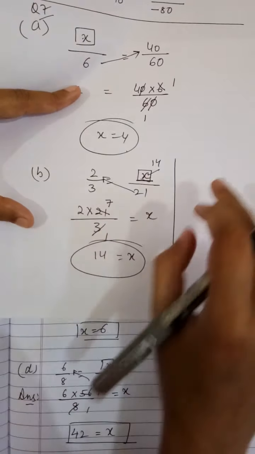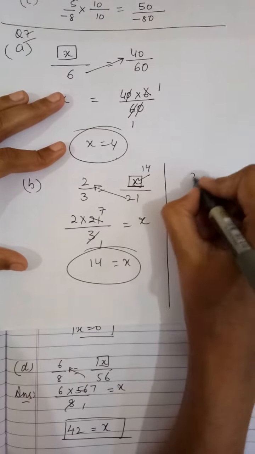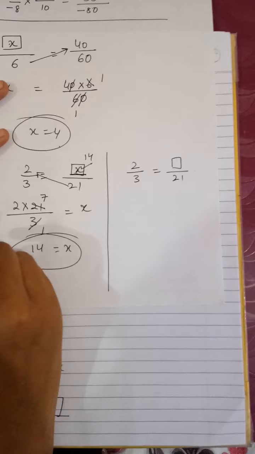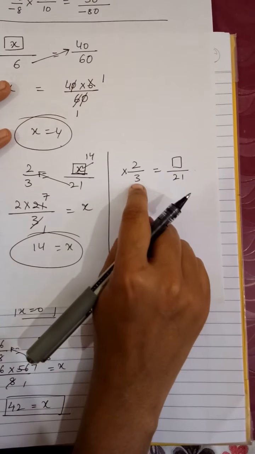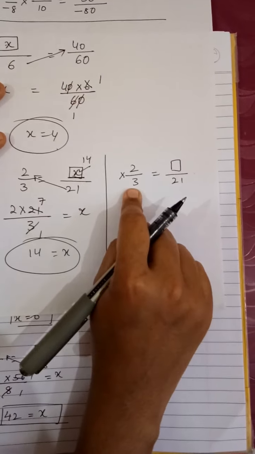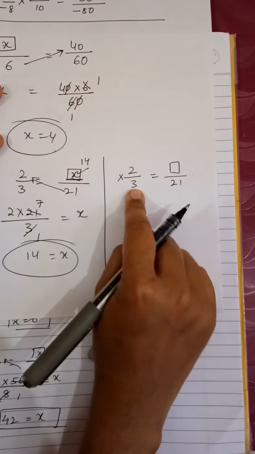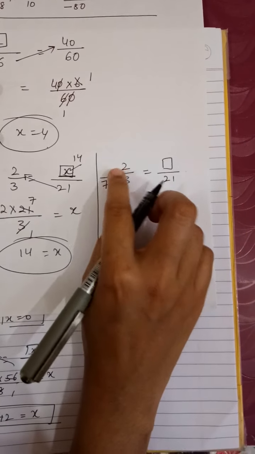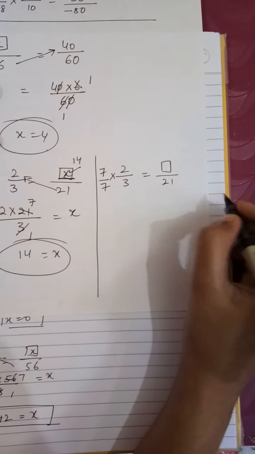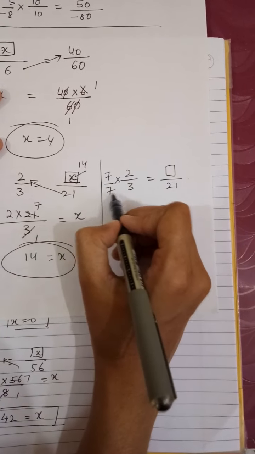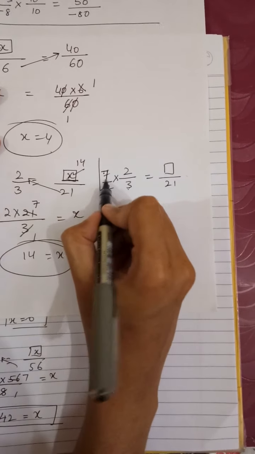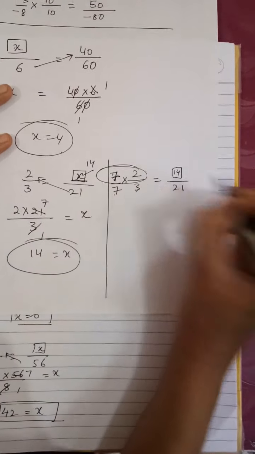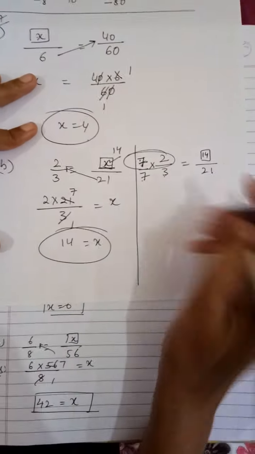Or what you can do, the other method is also there. How you can find is, this is given 2 upon 3, and this number I don't know what it has to come here, and this is 21. Now just tell me, if I want here 21 in the denominator, then I should multiply 3 by what number so that I can get 21? Obviously 7, because 3 sevens are 21. And if I am multiplying the denominator by 7, then in numerator also I am going to multiply with 7. Now 7 3s are 21. What is here? 7 2s are 14. So these two methods you can choose.